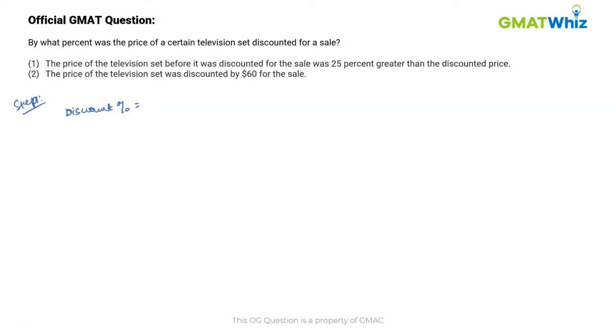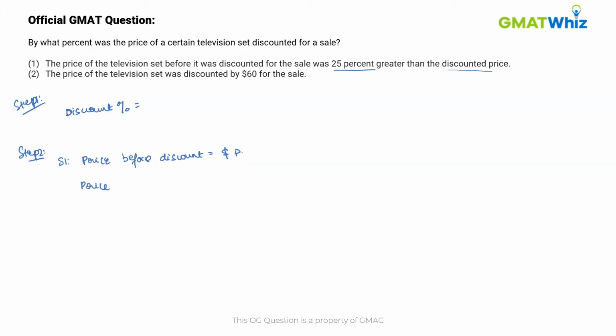let's move on to step 2 and analyze statement 1 first. Statement 1 tells us that the price of the television set before it was discounted for the sale was 25% greater than the discounted price. Now let us take some variables. Suppose the price of the television set before discount was equal to P dollars